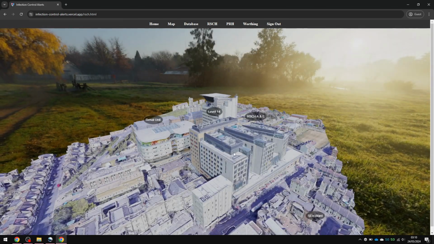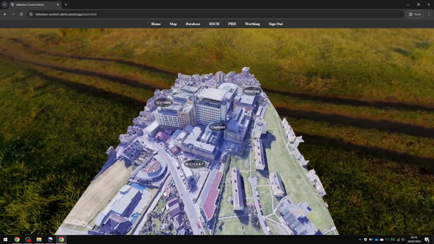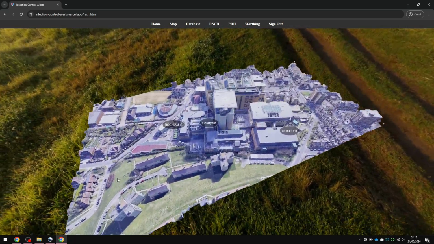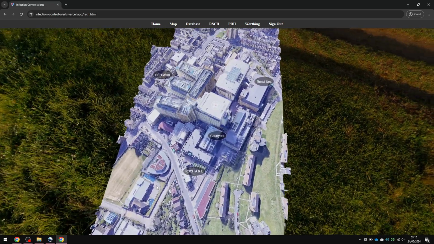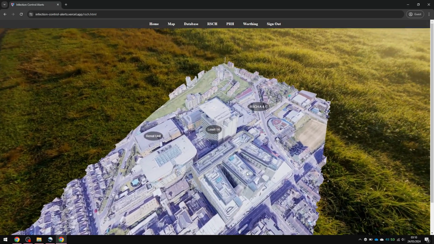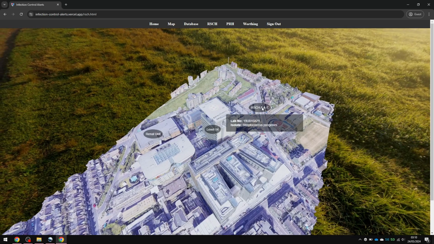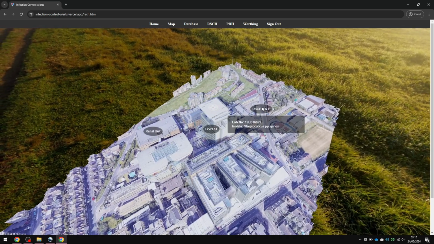This model is fully scalable, allowing for many more nodes to be pinned onto the map if you have access to the project's source code. In this working demonstration, 5 locations have been pinned to the hospital. If you hover your mouse over any of the nodes, such as the accident and emergency node, you will see